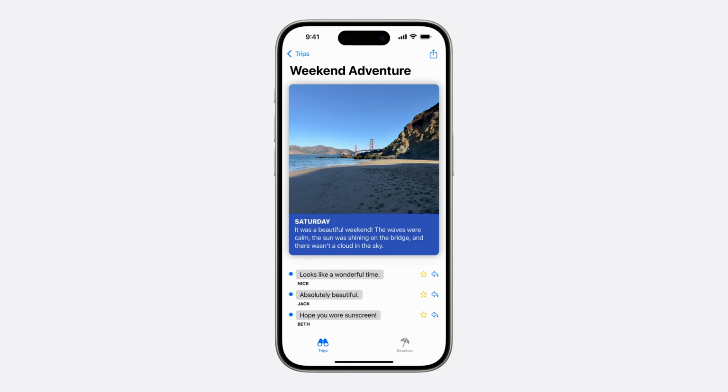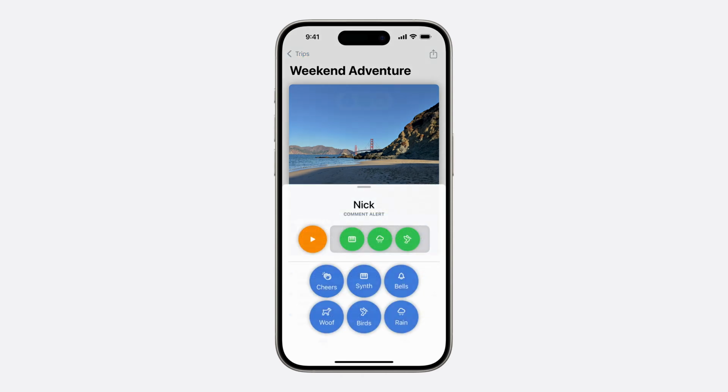I've been building an app in SwiftUI to share memories from my favorite pastime, visiting the beach. The app lets me send a message describing those beautiful ocean views. And with just a tap, I can attach a location, a recording of the waves, or rate the beach. Everyone can comment about the trip, and I can favorite and reply to their messages. I can even create a custom sound for when different friends reply. This is great, but let's explore how SwiftUI makes my features accessible.